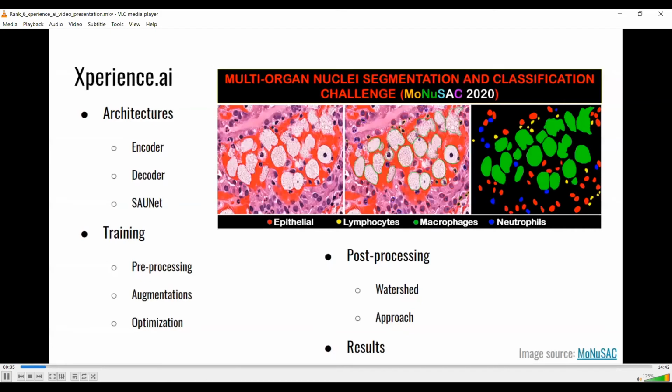During the report, I'll mention the following aspects. First, architectures of models. During the research, we tried a number of different models. Basically, our models consist of encoder and decoder. I'll give a brief description of the used ones, and also I'll mention the novel shape attentive UNet, on which we also had some hopes. Second, training process. I'll give a description of preprocessing steps, mention the influence of augmentations, and list the used optimizers and loss functions. Third, the most important step, post-processing, since we had to convert semantic segmentation predictions into instance ones, which is not a trivial task. At last, I'll show the achieved results.